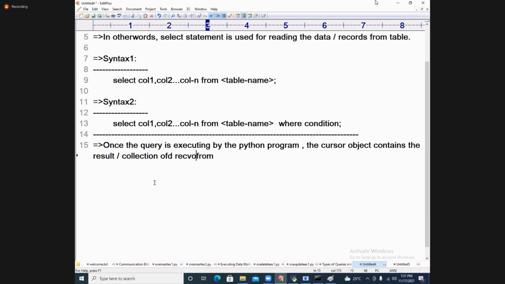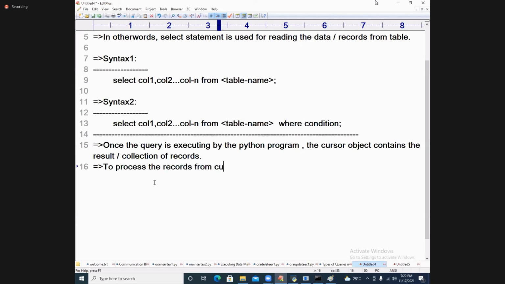Collection of what? Records. A collection of records, to process the records.